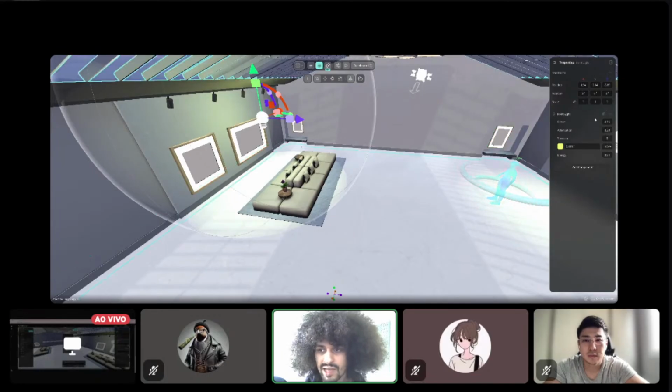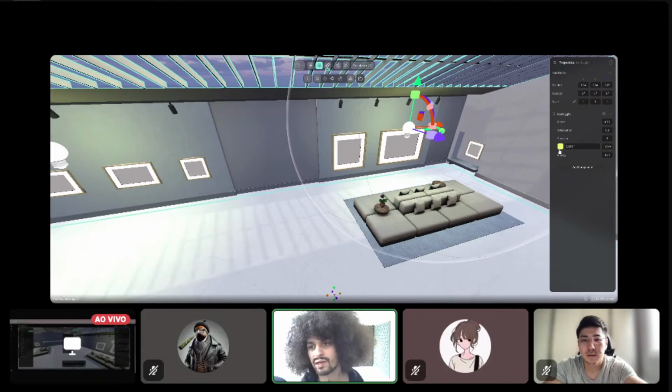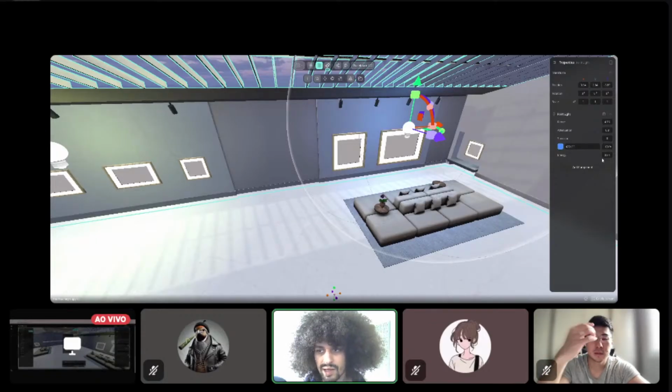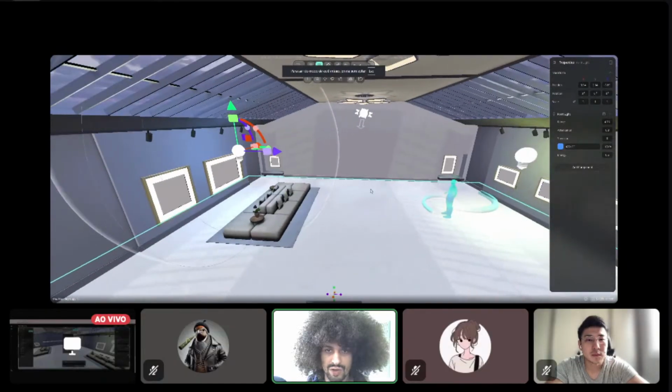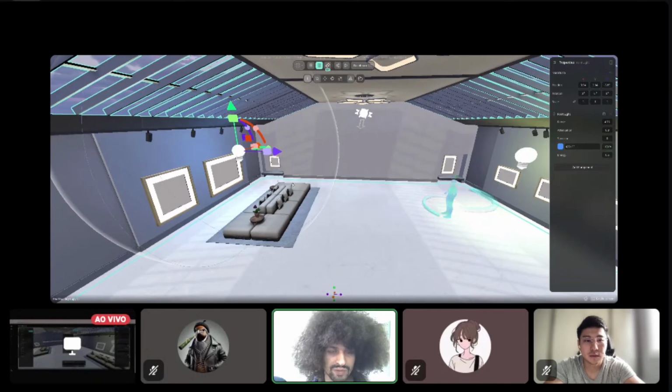The specular is actually how much the other objects are going to reflect the light, how strong the light reflection is going to be on other objects that have reflection. And in here you also have the color. You can choose any color you prefer. You can make completely different vibes if you want using the light system. And the energy is just increasing or decreasing the force of this light. So in here we also have the directional light.